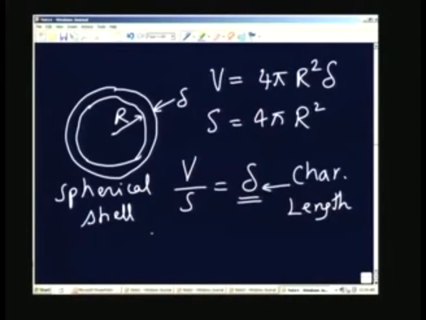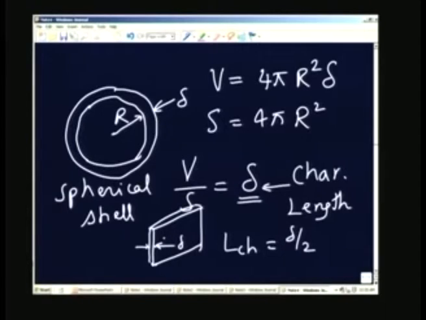In fact, I can also take the object in the form of a thin film of very small thickness like this. It has got two surfaces, one on this side and one on the right side. That is, the total area is the two surface areas, and the volume is the surface area multiplied by the small thickness. So, again the thickness, if it is delta, the characteristic dimension becomes actually equal to delta by 2. So, I will say L_CH equal to, because there are two surface areas and the volume is proportional to surface area multiplied with thickness, therefore, I get a delta by 2. That means that the